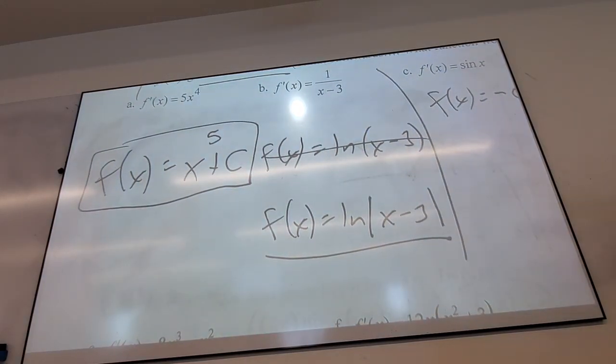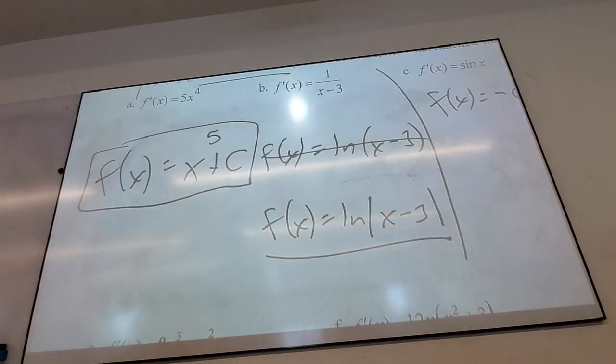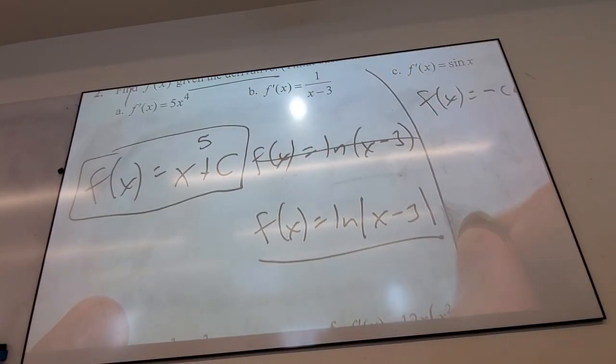For example, x to the 5th plus 7, that derivative is 5x to the 4th. That is an acceptable answer. Is that the only acceptable answer? No, I could add any number I want to, because the derivative of any number is 0. So to represent the fact that I could put anything, we just put plus c. What could c be? Anything. It could even be complex, but we won't go there. Don't worry. You guys kind of with me? All right. Does that make sense? So basically, should we just add plus c? Yes, every time you take an antiderivative, there should be a plus c.